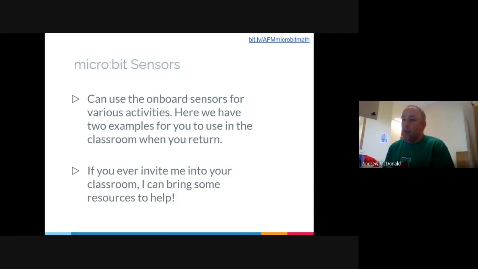We can use some of the onboard sensors to create relatively simple activities that you can use when you return into the classroom. And if I'm ever in Halifax and you let me know, my parents are in Halifax, so I make the trip often. If you let me know in advance, I can bring some of these ideas down with me,